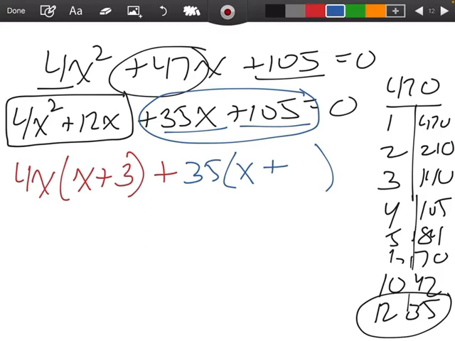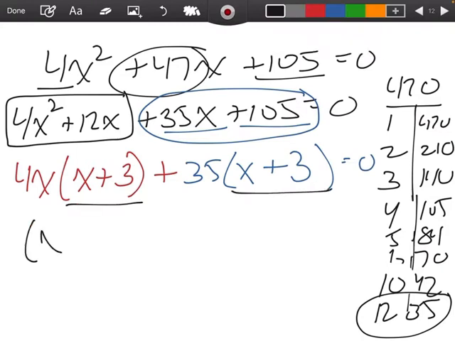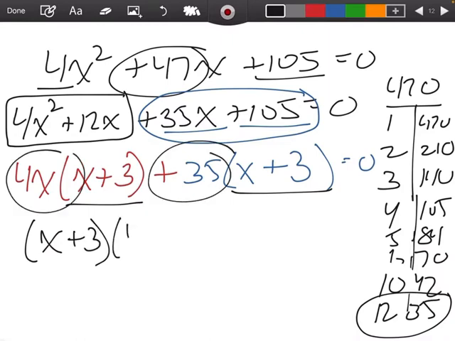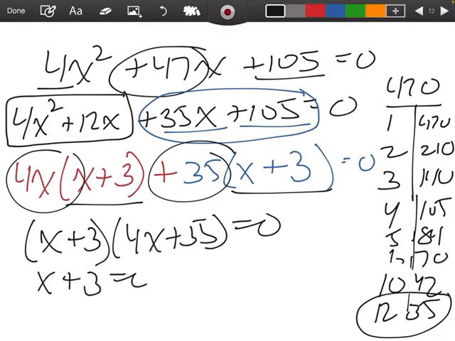105 divided by 35 gives me a 3. Okay, so I know you guys are probably still reeling from that dad sneeze I got. x plus 3, and then 4x plus 35 equals 0. So when we set each part equal to 0,